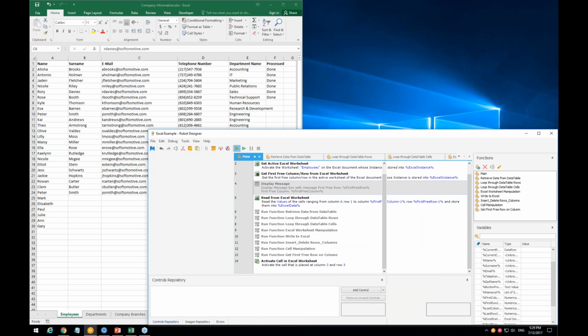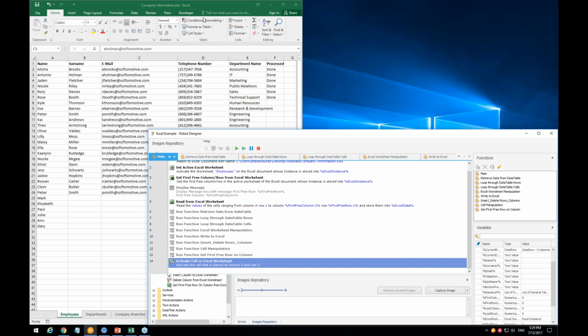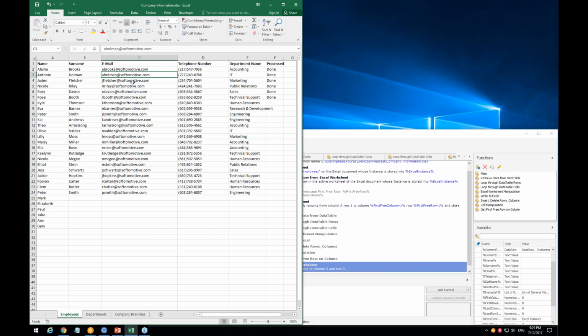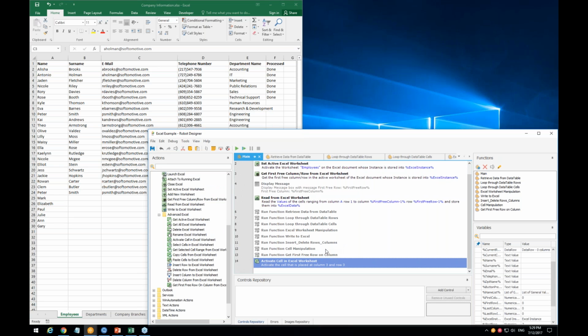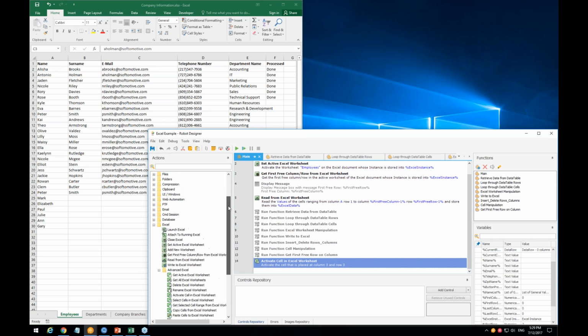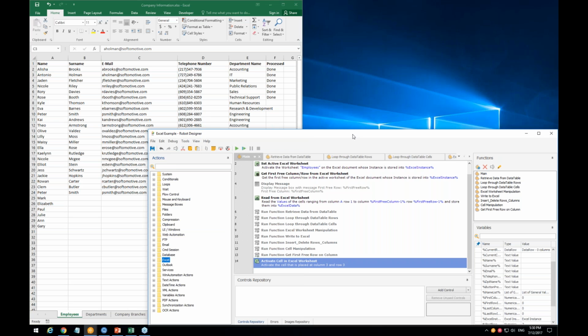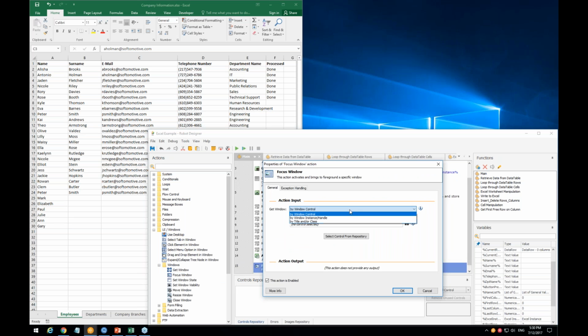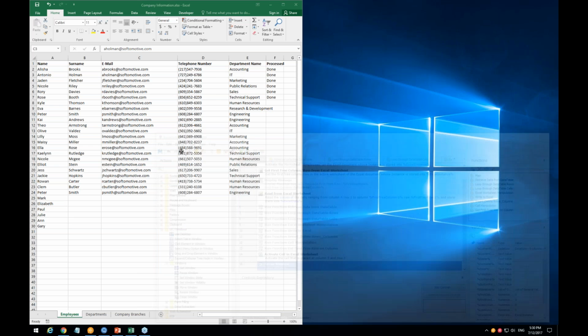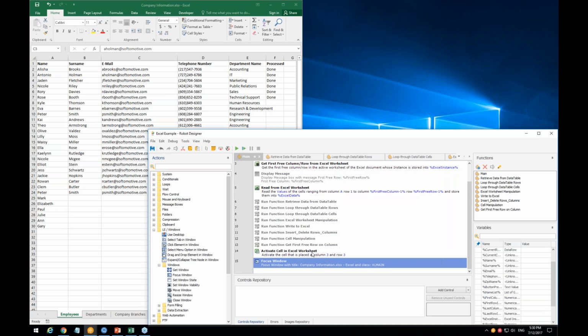Let's see. Okay, this cell is activated. So now I could focus on this window and then send the Control B, probably key, to make this bold. So I could use the focus window action to focus on the Excel window. And then